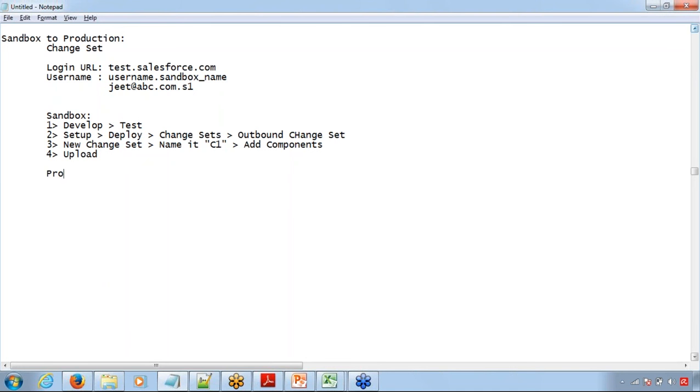Okay, now go to production. You can log out of sandbox. Sandbox job is done. Now logging into production. In the production environment, you will straight away need to go to setup,